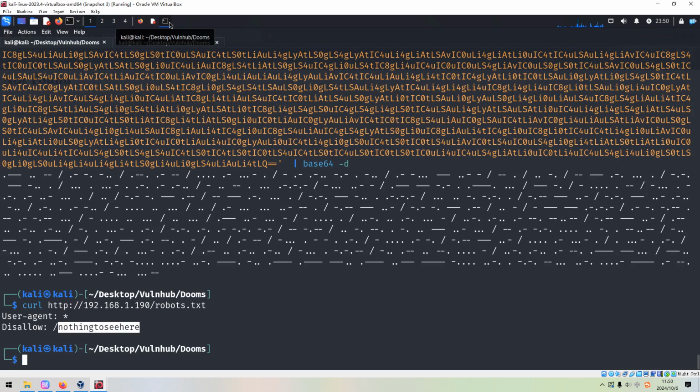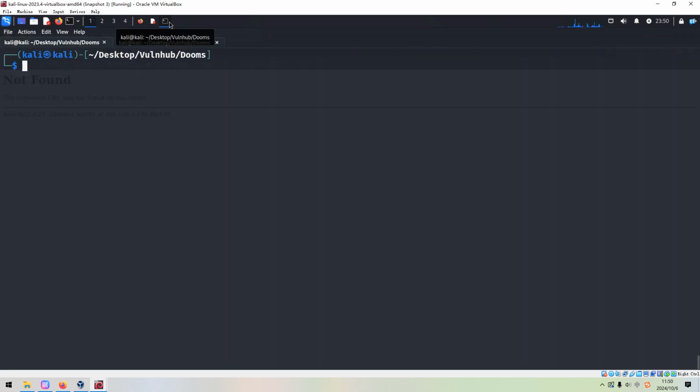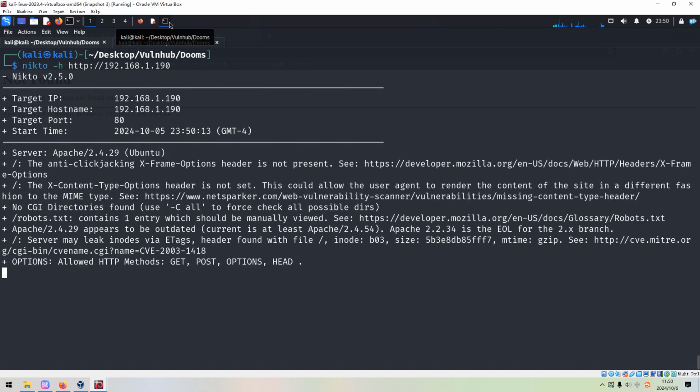All right, so I think now we have already completed the manual enumeration with port 80. Now we can launch Nikto to do the automatic enumeration.